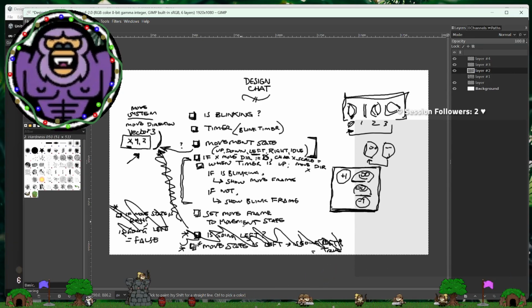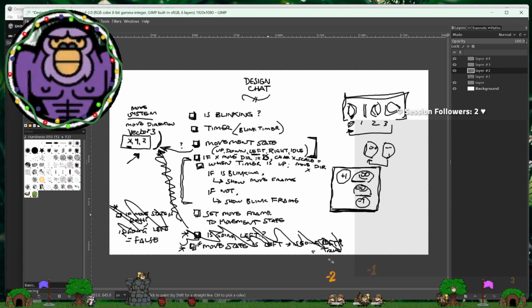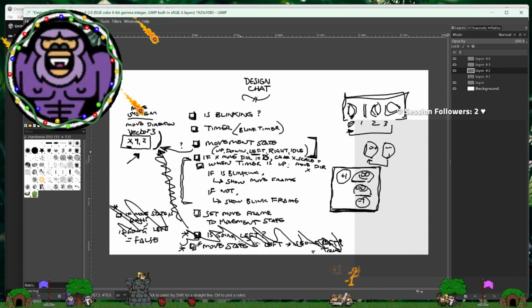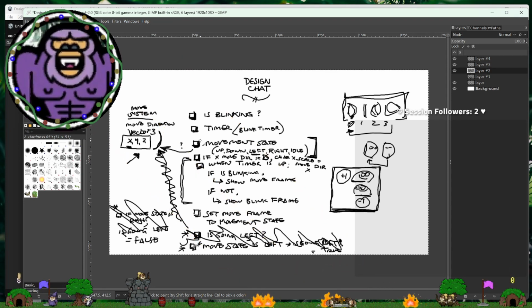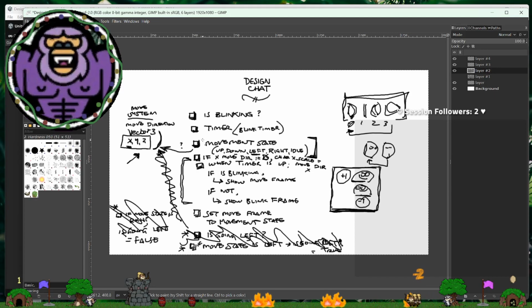Set the move frame to the movement state. I wonder if move state is useful still, at least until we get some more animation frames to show and have some more reason to have a state machine.